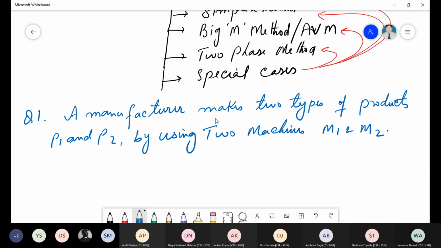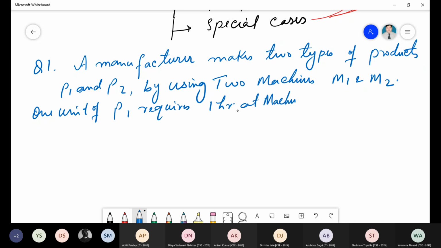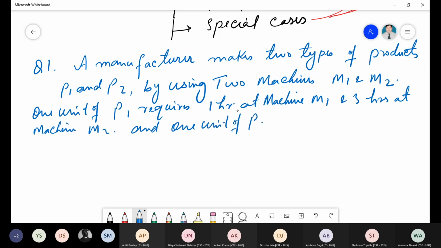Two products P1, P2 and the machines M1, M2. One unit of P1 requires 1 hour at machine M1 and 3 hours at machine M2. And 1 unit of P2